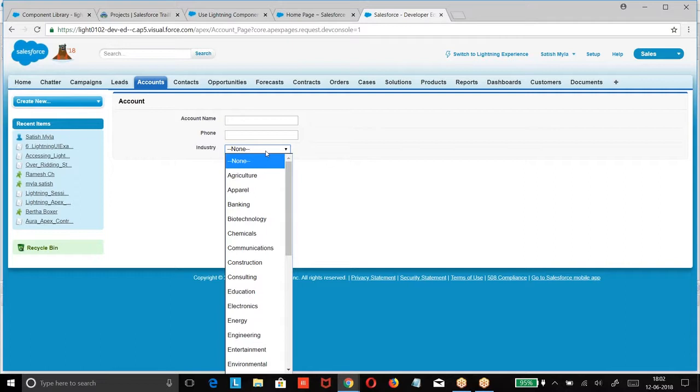If straight away I want to get the data, we can go with the input field. But if I don't want to have the same structure and I have some custom logic to be applied, then in that case we will not prefer input field. We will get the data using schema. In some cases, I may go with some fields as input field, some fields as input text. So the requirement will not be the same for every page.